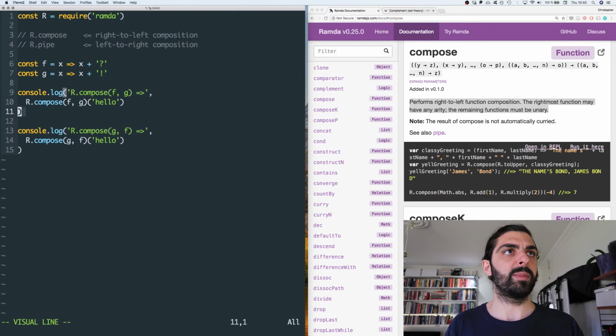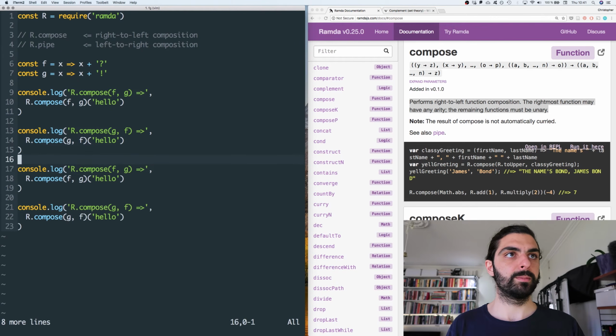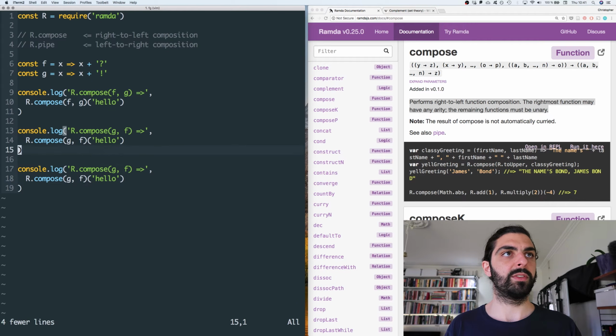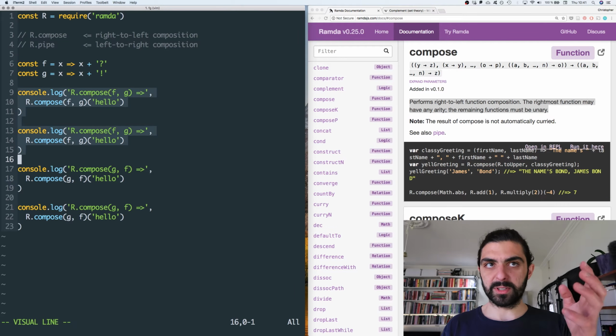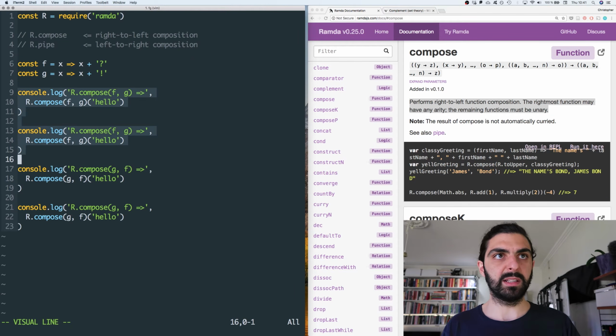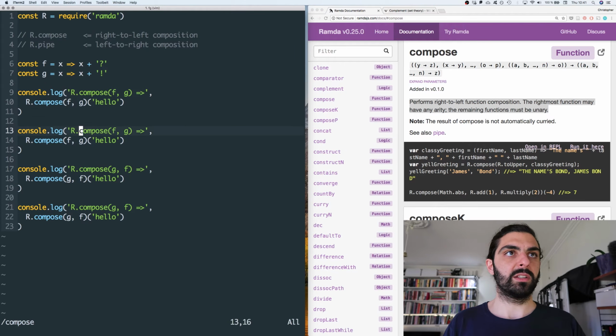So let's look at pipe. I mean, what's the easiest way to show this? Well, let's just do both of these things again, right? So we do the same thing, F and G in this order. Yeah, actually, let me put it like this. So these two functions have F as the first argument and G as the second argument, and these two functions have G as the first argument and F as the second argument. But then we want to change compose to pipe. So pipe here and pipe